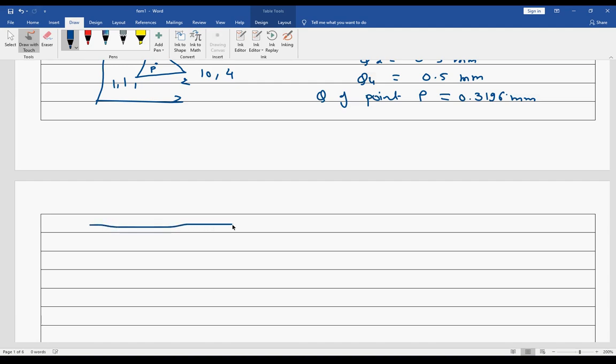So recently we have done the beam problem. What we will do is fix the beam at this location. Then we will apply a UDL load within this region. Then we apply one point load and try to do the analysis. Let's consider each segment to be of 1 meter length.